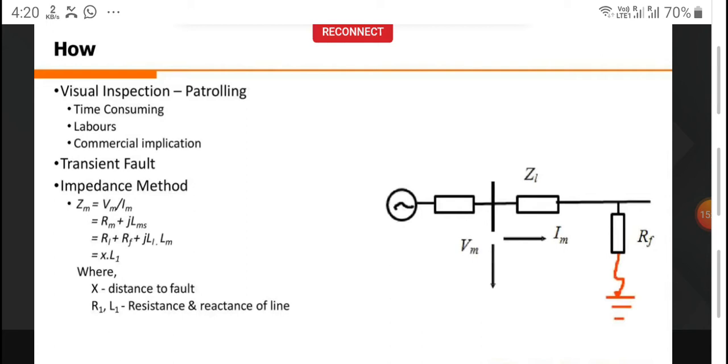To take care of it, we have a more or less conventional method that has been with us for quite some time now. We call it the impedance method. As you guys are from the transmission system, you must be very well aware of this particular phenomenon. Here we calculate voltage and current from the associated phases of a line, right? So we have got input from our PTs and we have got inputs from our CTs, and we calculate V